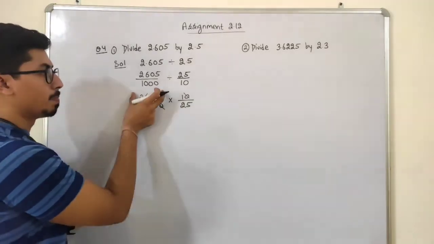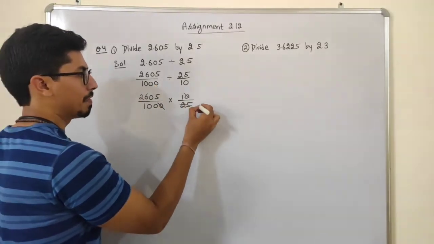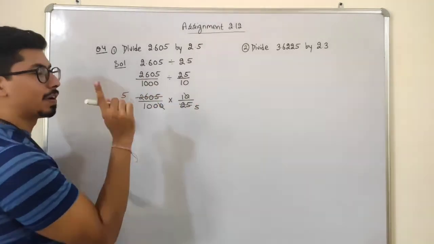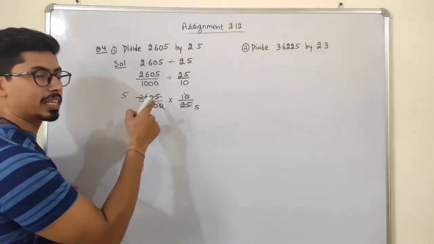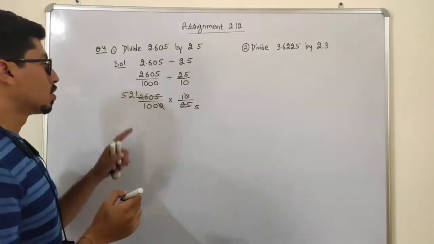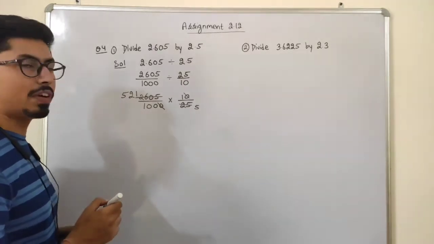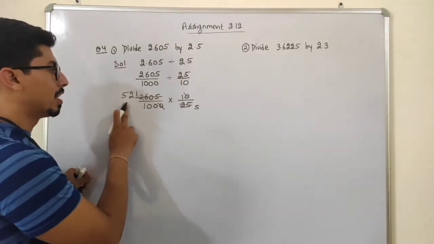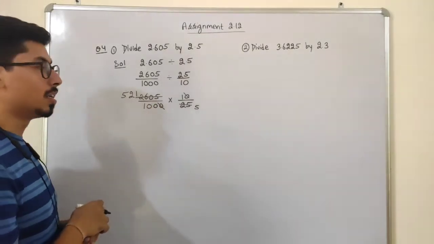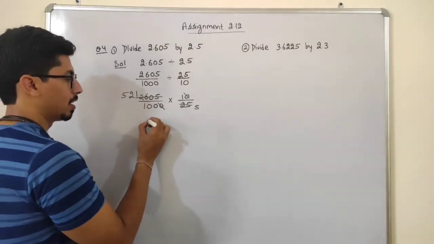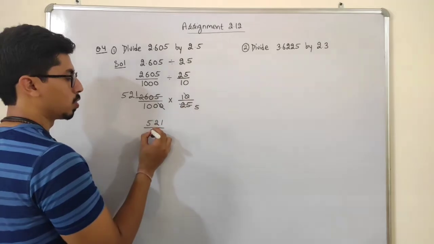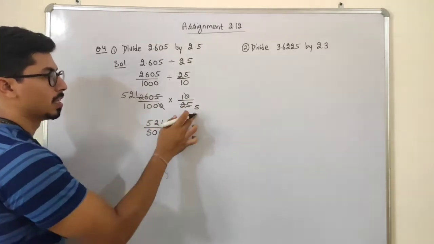Now, if I just cancel both of these numbers, 5 5s are 25. Now here, 5 5s are 25, 1 remaining. 1 into 0, that is 10. 5 2s are 10. 5 1s are 5. Okay. So now we have 521 here. Now 521 is not divisible by 5 and neither divisible by this 100. So 521 multiplied by 1 will be 521 upon 500. Sorry, 500.